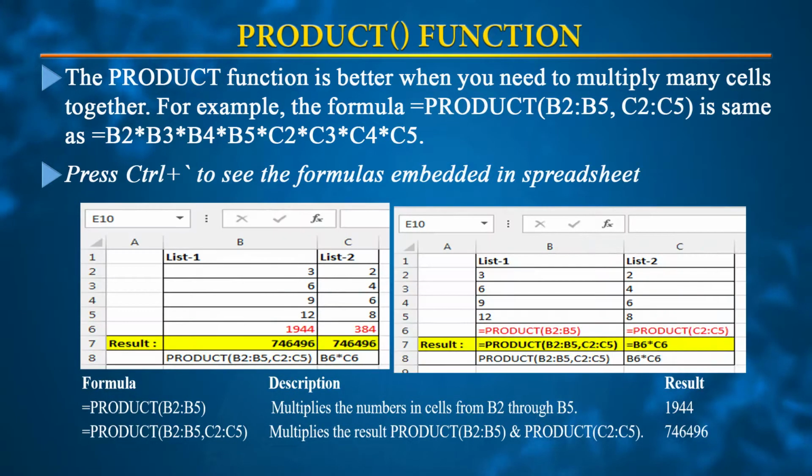Subsequently we have the PRODUCT function. The syntax is =PRODUCT, using one range, comma, second range, and this results in the product of the 2 ranges.